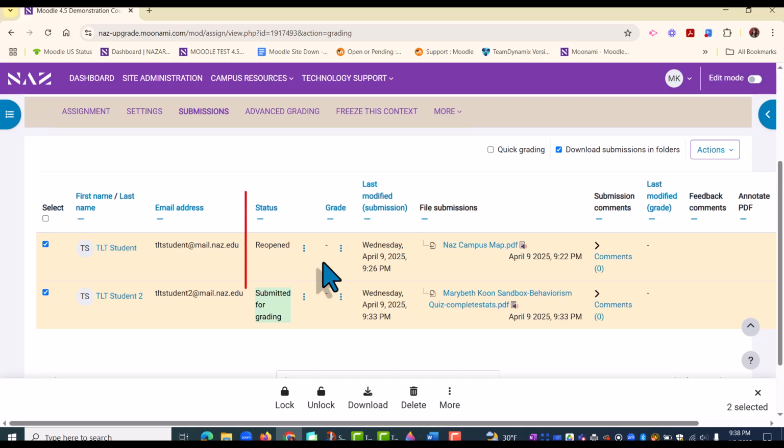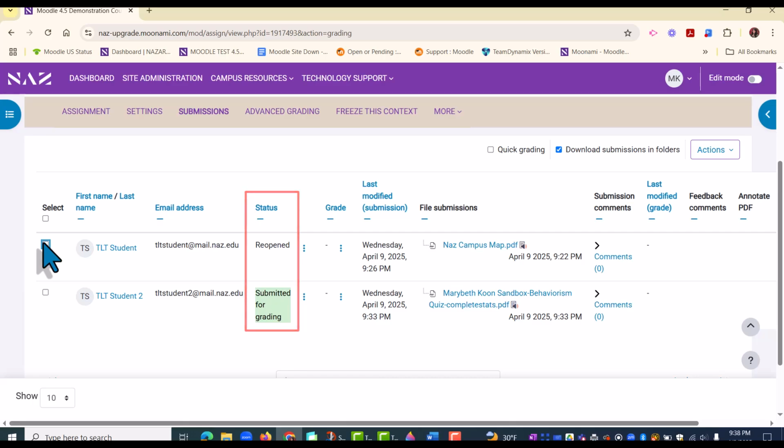You'll notice the status of these two are slightly different. That's because I've already gone in and provided some feedback on the student's initial submission, and that automatically reopened it for them to submit another attempt. Let's go ahead and do that for this second student. So if I click over and look at their submission,